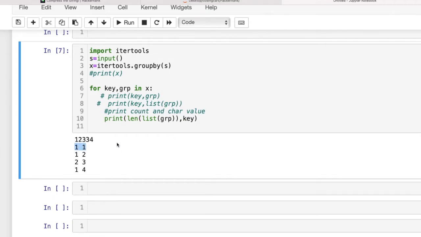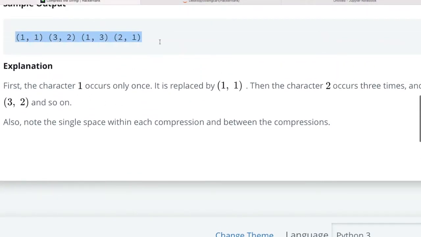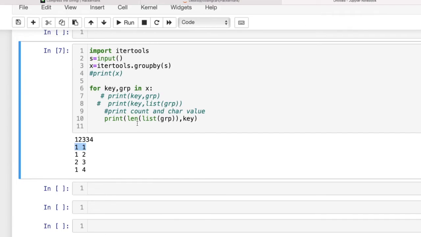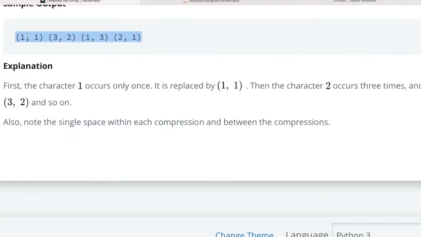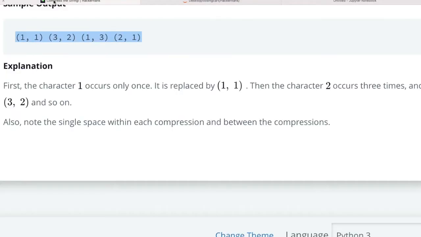This is our requirement, but they are printing in this format. So let us convert in this format. If I simply use one extra bracket to print, then we will get the bracket thing, and we have to print this thing in a single line. So let us use end equal to with a space between them, like this one. You have to print in a single line with a space between them, and in each iteration it will print the value in a bracket. So let us execute and see what is the value here.